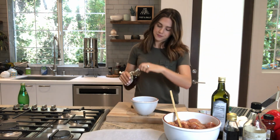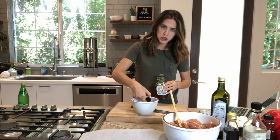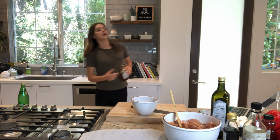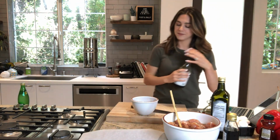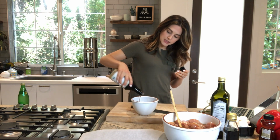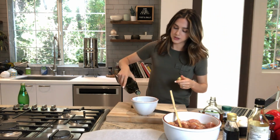Okay. Next, we have this maple syrup. All right, so I have a small bowl here, and this we're going to be using as a glaze. Okay. Soy sauce. Try not to drop your cup in your maple, okay? All right, maple syrup and soy sauce going in, and a little bit of oil, okay? So